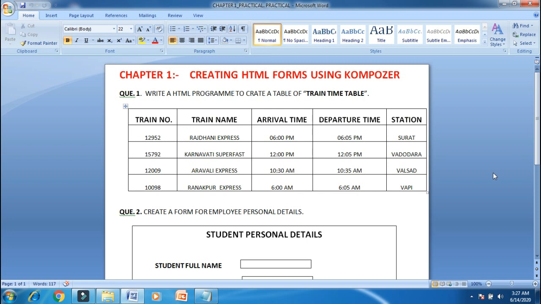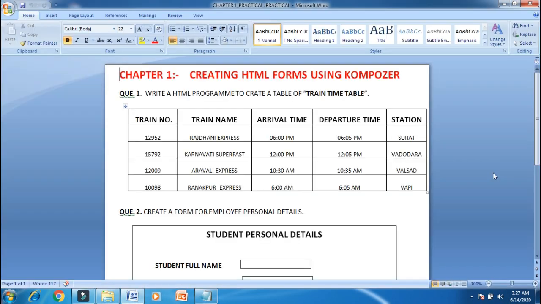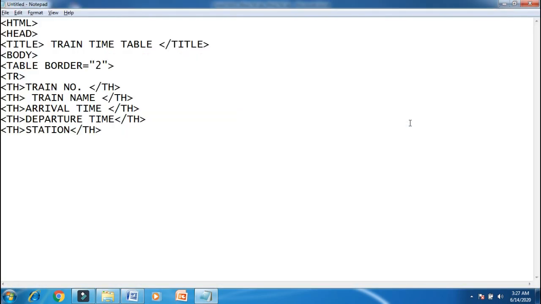Then the next column is station, so in table heading I am writing station. Table heading tag completed. Now, students, the first row is completed, so I will close the first row. This is called table row.